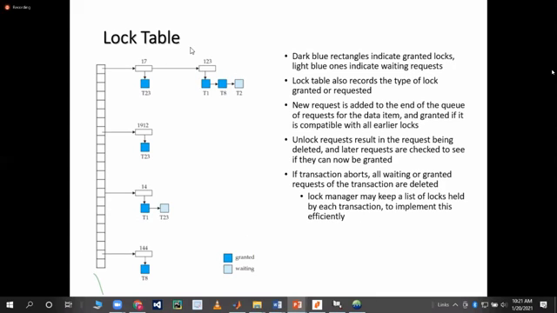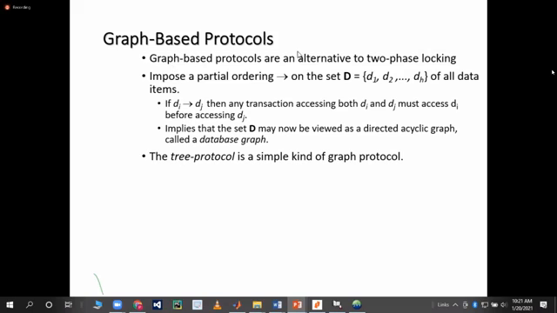Okay, this is the lock table. Graph-based protocols are an alternative to two-phase locking. They impose a partial ordering on the set D. D is D1, D2, and so on, all data items. If Di goes to Dj,